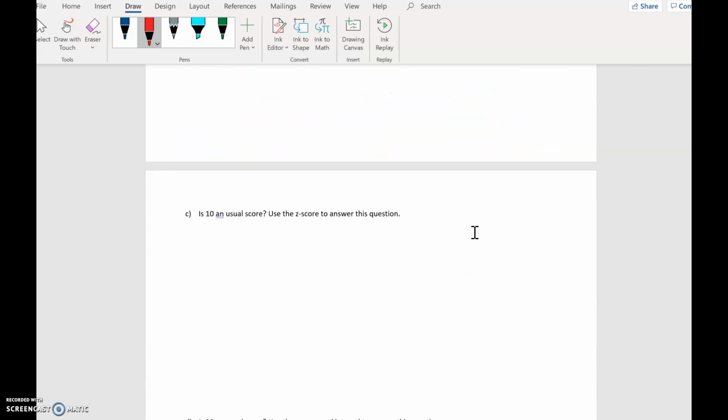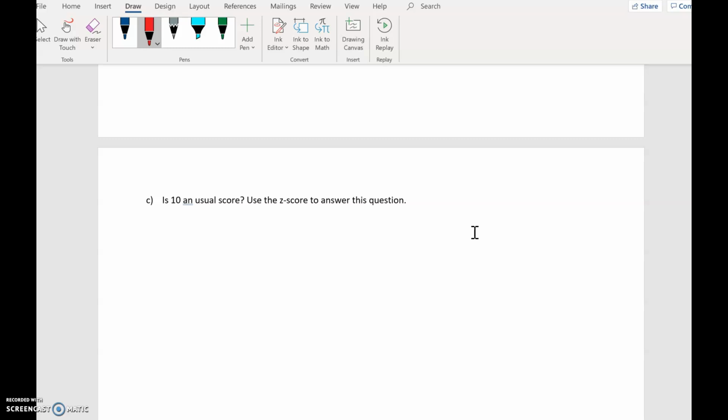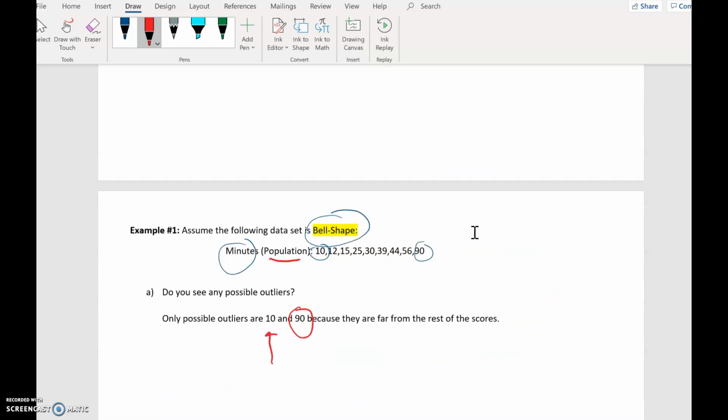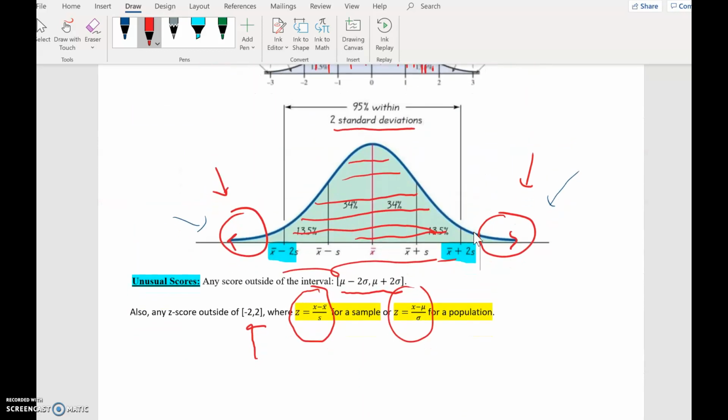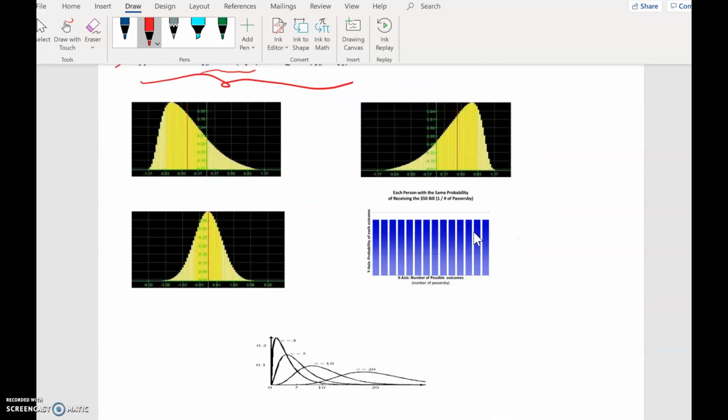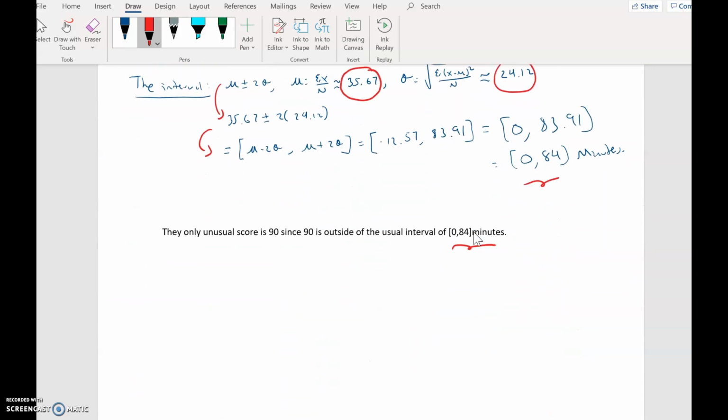Okay, let me go to 10. And it's asking if 10 is an unusual score. They want us to use the z-score for this question. Now, this is what it's referring to. If you're looking at z-scores, then you're looking at z-score values that happen to be within -2 to 2. So that means we have to evaluate the z-score. And the data happens to be a